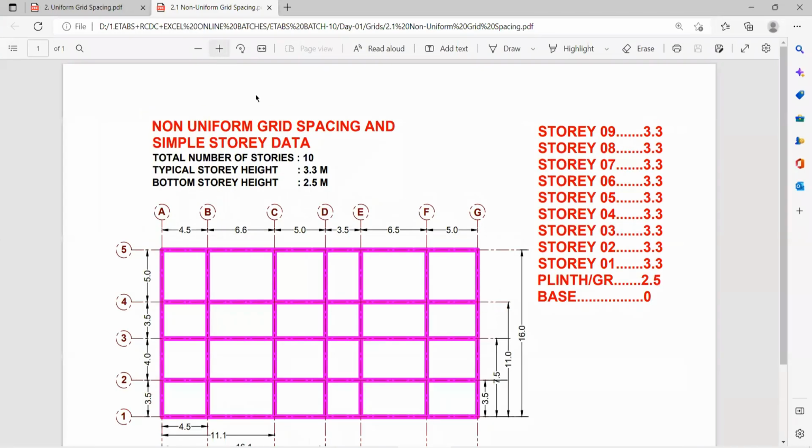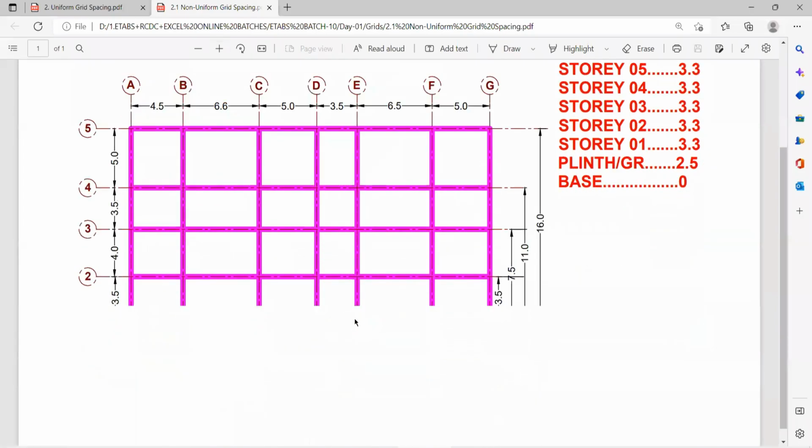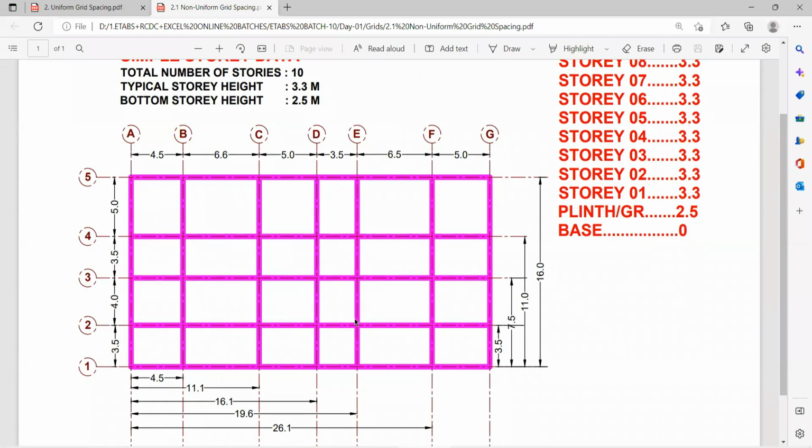Is it visible to all of you? Yes, sir. Tell me, is it uniform or non-uniform? Non-uniform, sir. It is basically a non-uniform grid system. So